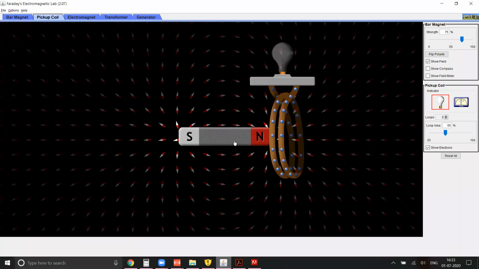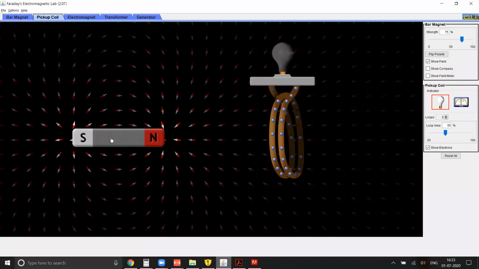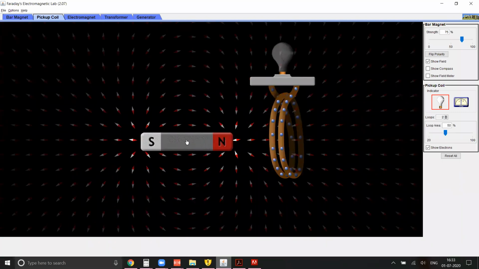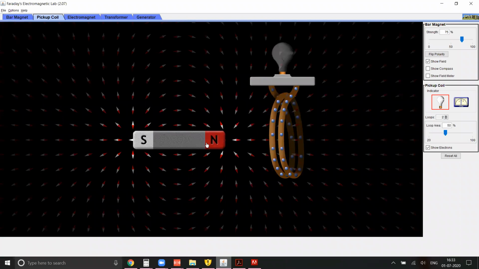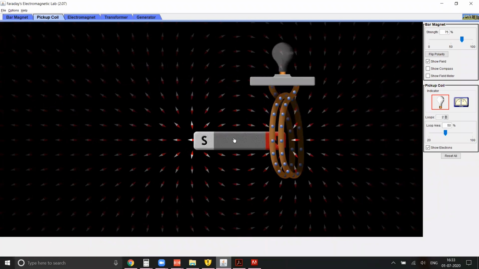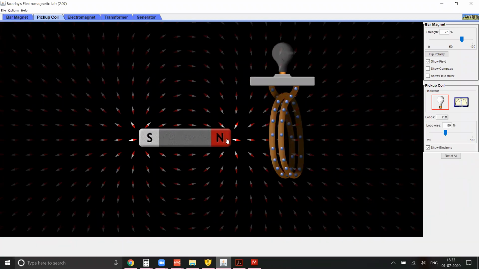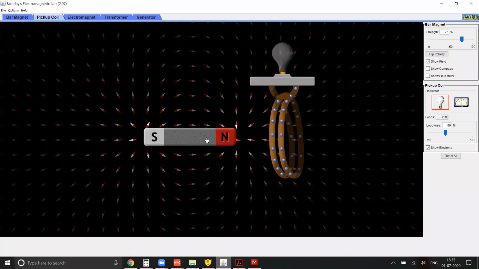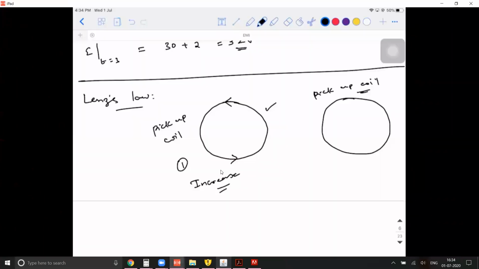Means what you're supposed to do? You're supposed to move the pen towards you. So when you move the pen towards you, what is going to happen? What is the direction in which the electrons are flowing when you look at it from the side of the magnet? Anti-clockwise. So the current has to be in the clockwise direction. Am I clear?